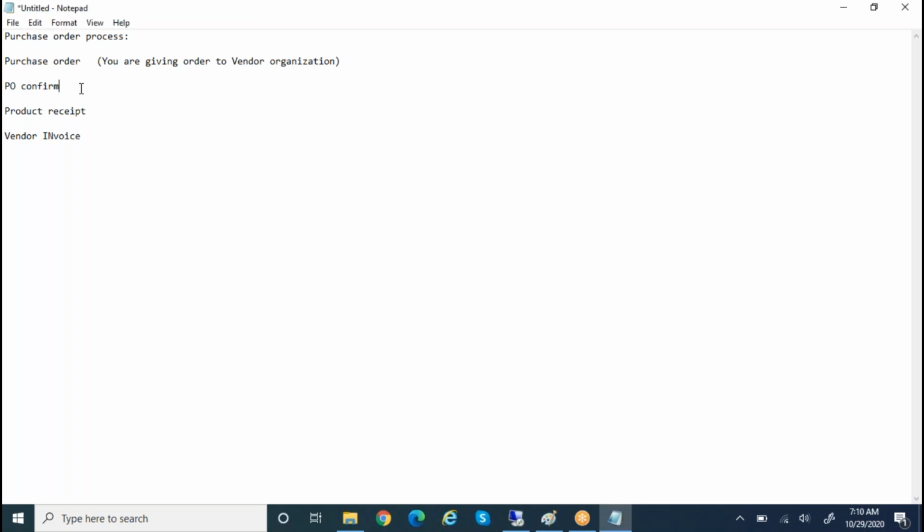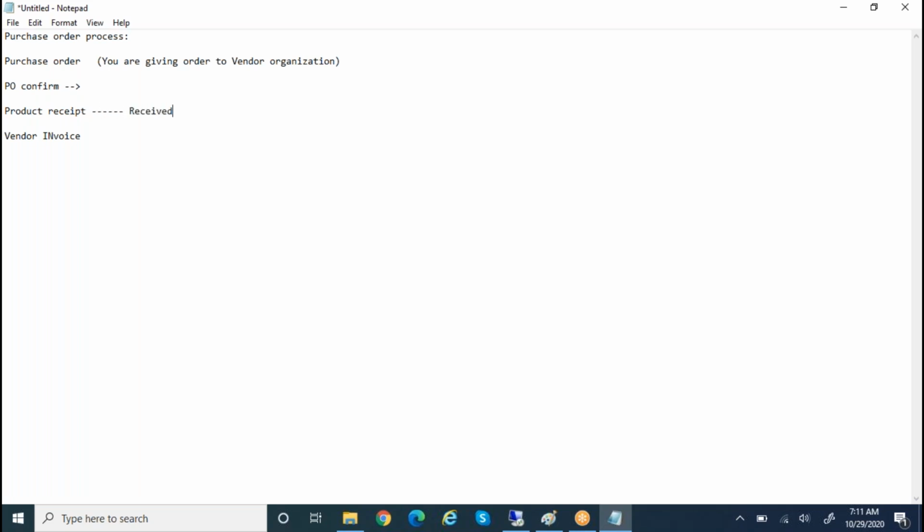Then purchase order confirmation. Once you create the purchase order, we need to do the confirmation, which is mandatory. Your manager or whoever is there will do the confirmation. Then product receipt means that the vendor, suppose located in Mumbai, has sent the material and you have received the material.